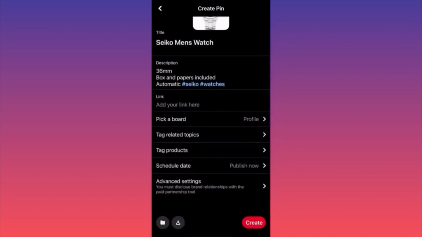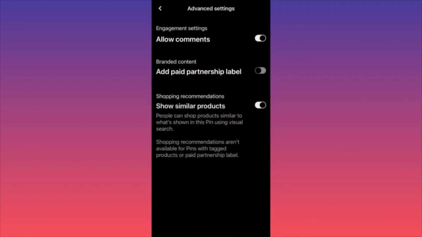There is something I'm going to give you for the last thing, over here, advanced settings, the last function. Essentially, this will give you the capability to not allow any comments if you want to, right? Because they could be bots, they could be spam, they could be a lot of people saying don't buy it from here, on Amazon it's cheaper or something like this. You can prevent this from happening.